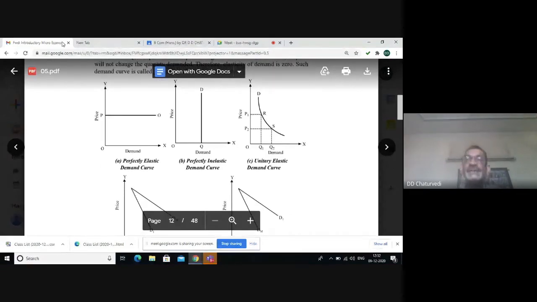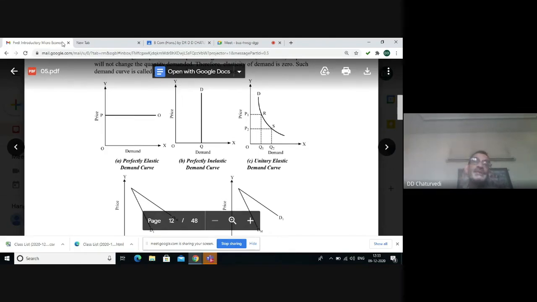Now we have the third case, 5.10c. This demand curve is a specific and special demand curve with elasticity of demand equal to 1 at every point. And this type of demand curve is also called a rectangular hyperbola. Here elasticity of demand is equal to 1 at every point. That means wherever we draw the tangent to the demand curve, lower and upper segment will be equal to each other. So for this demand curve, elasticity of demand will be unitary or 1.